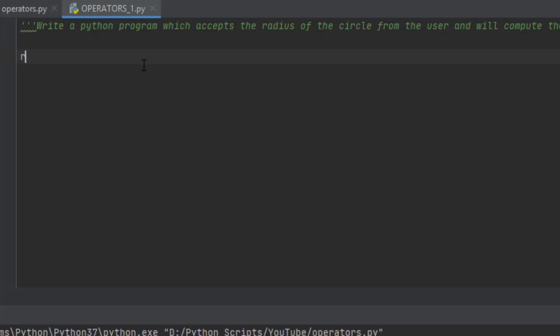Suppose let the radius be a float, and it should take an input from the user. So I'll give it as "enter the radius". That sounds nice. And then